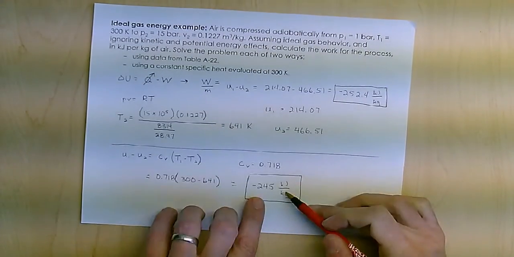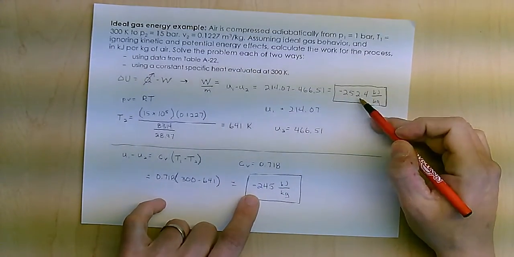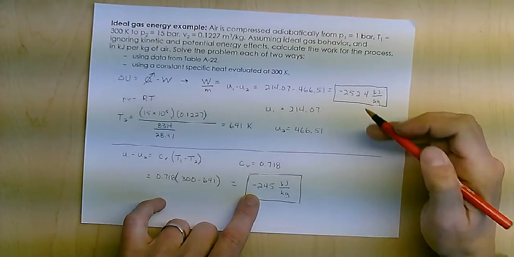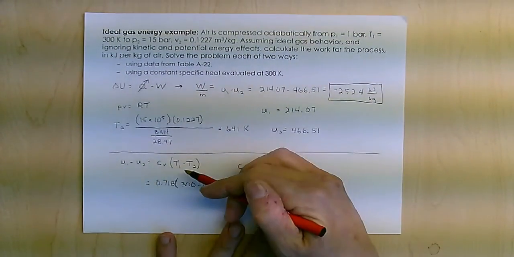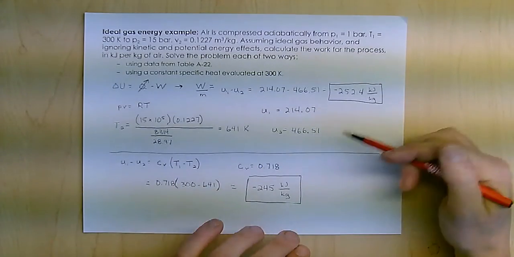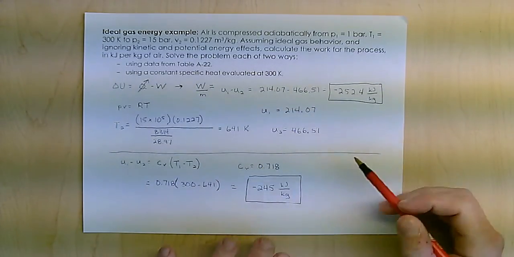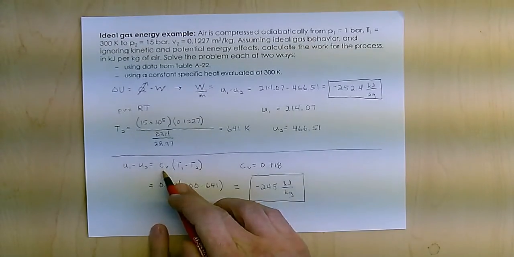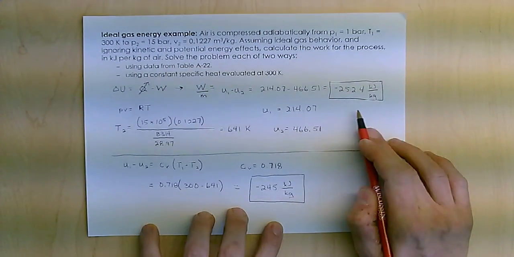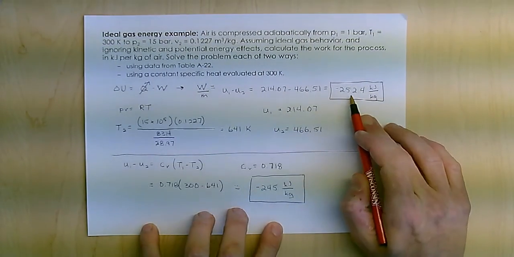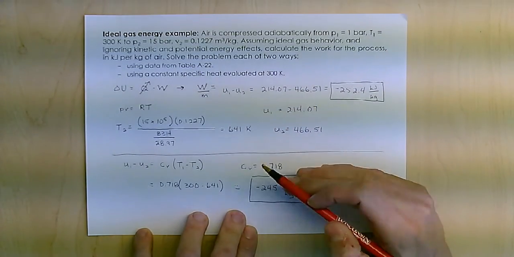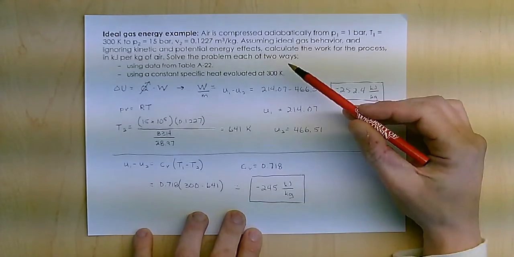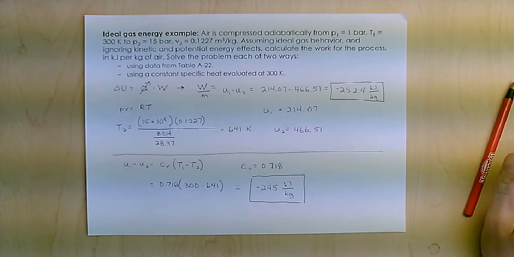So we solved it both ways, but you'll notice it's about 7 off, about a 3% error between the two values. And the bigger that temperature change gets, the bigger the error is going to get. This assumption is not a good assumption. The table method is the better assumption and the better answer. I want you to use a table if you have it. Only use this constant specific heat if the problem explicitly states